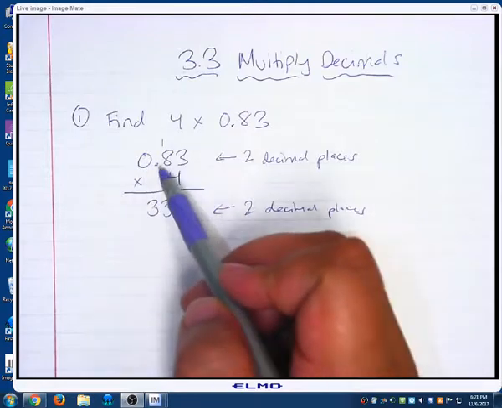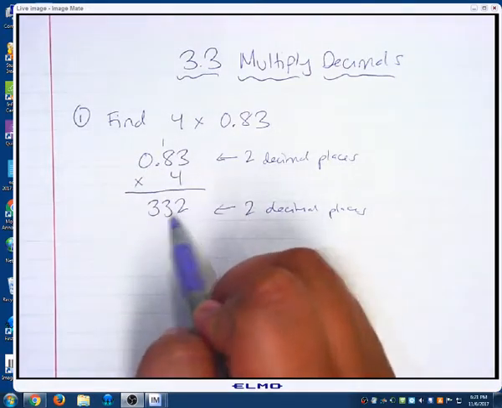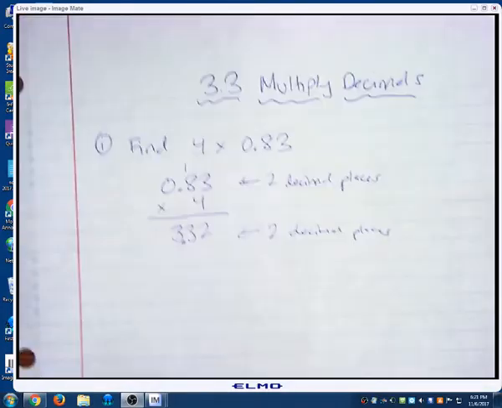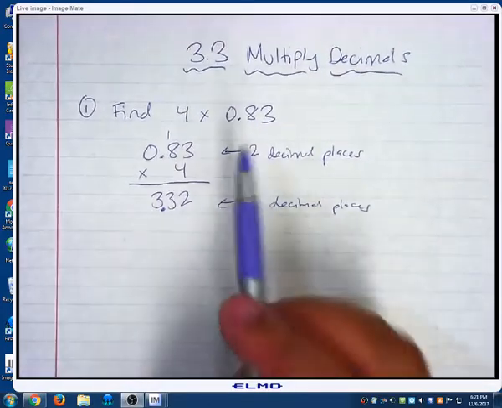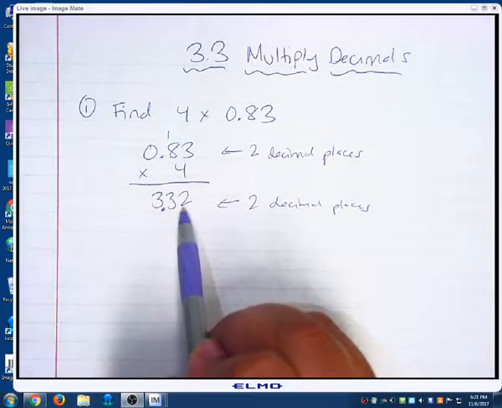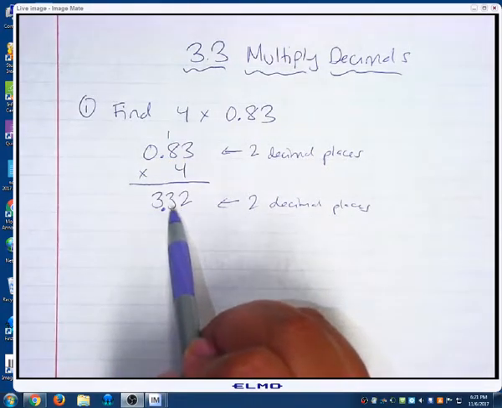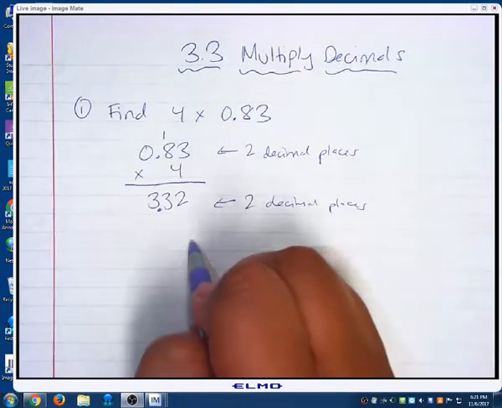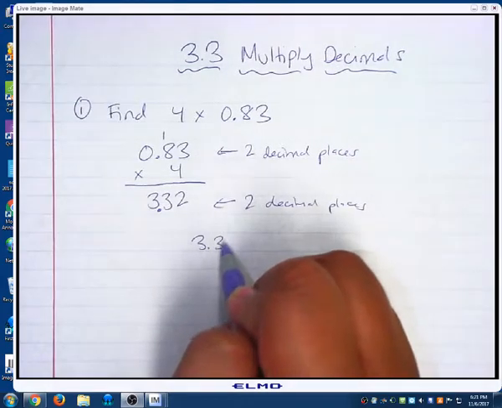So there's 1, 2 here, which means there should be 1, 2 here, which means I put my decimal right there. So that means I should move it 2 places, and then I put my decimal point right there. So my final answer is 3.32